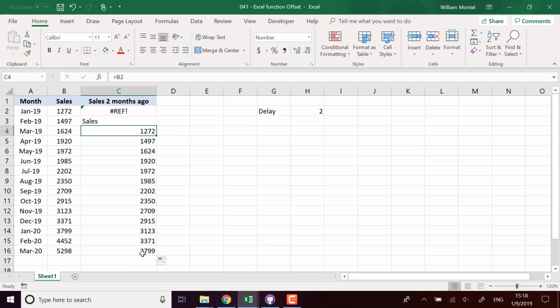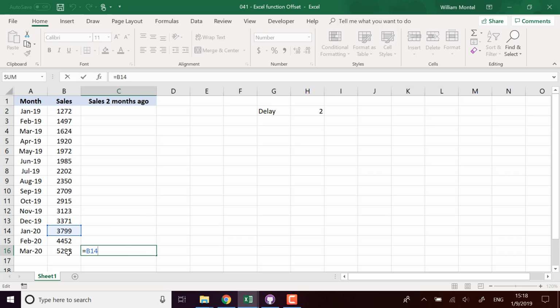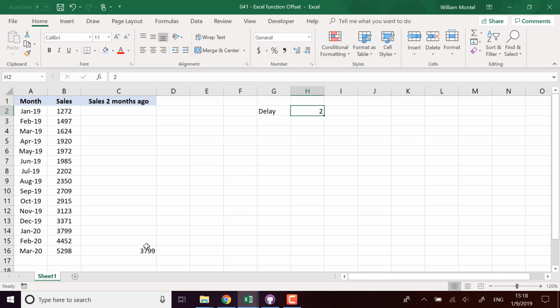And that's where the function offset comes into play. Actually we can choose how much we want to offset. Here we did offset by two rows, and we're going to see how we can do it by any number of rows. And this number here, I'm going to take 2, for example, but that's something you can as well compute with another formula. So here, if I want to know the sales that happened 2 months ago, I'm going to use offset,